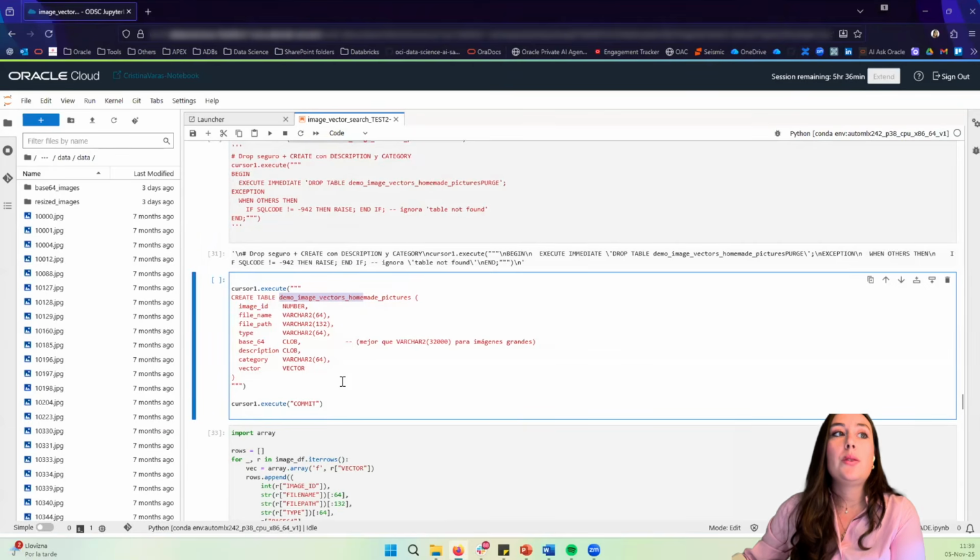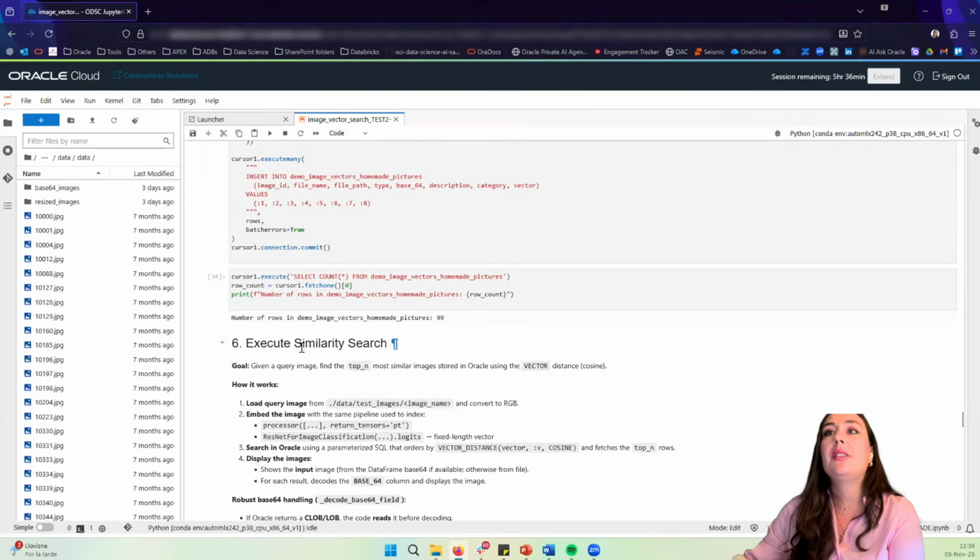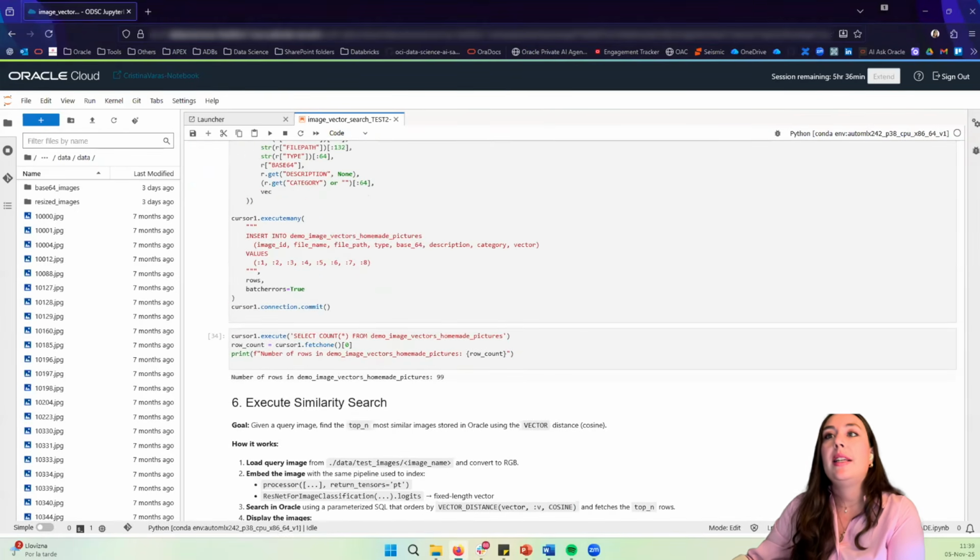With all the columns that we need to store all the information that we prepared before with the embeddings and the vectors. And here you can see how we are introducing all the data inside the database. So after that, we are building all the list of the rows from image data frame, and we are converting each Python list of floats into an array. This is very necessary for the vector type, and the last thing that I do is just one execute many bulk insert, followed by a commit. And yeah, you can see that finally we inserted 99 rows. These are all our pictures with all the data prepared.